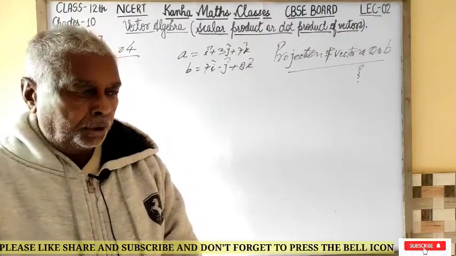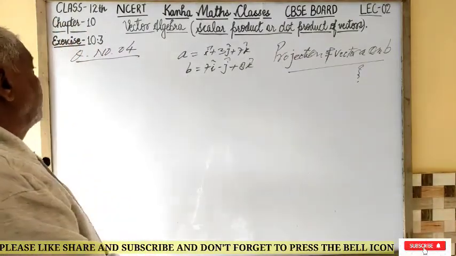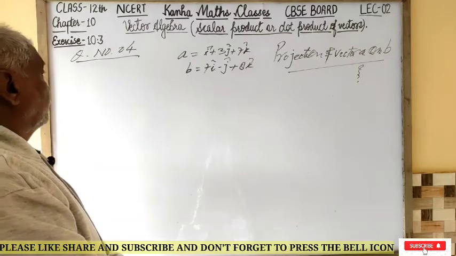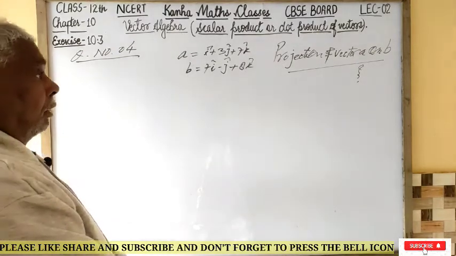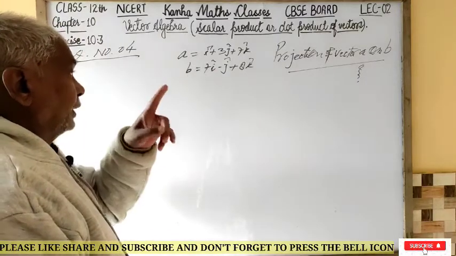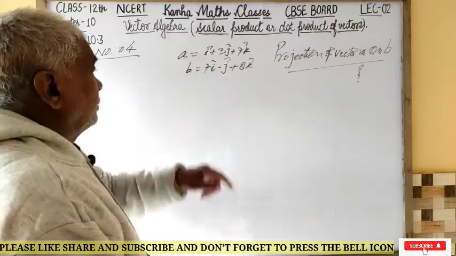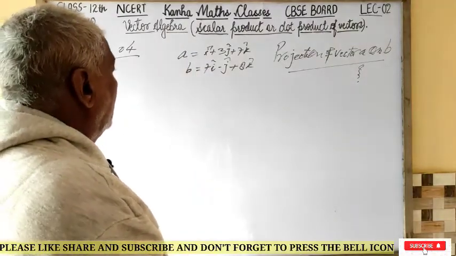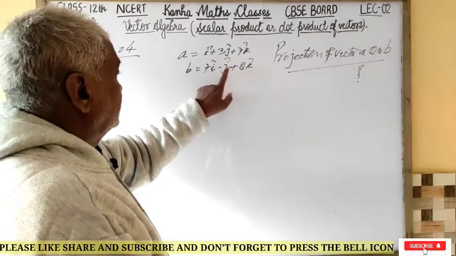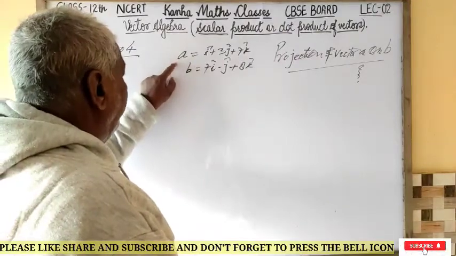Now, in continuation of the previous videos of the same exercise, that is 10.3, under question 4 I am going to find the projection of vector A on B. Here vector A is equal to i plus 3j plus 7k, while vector B is 7i minus j plus 8k. Now the projection of this vector A on B,